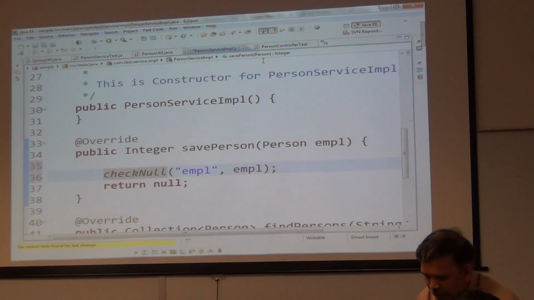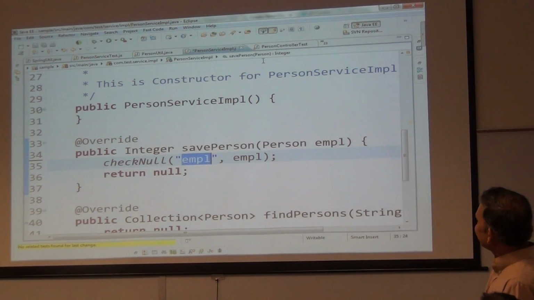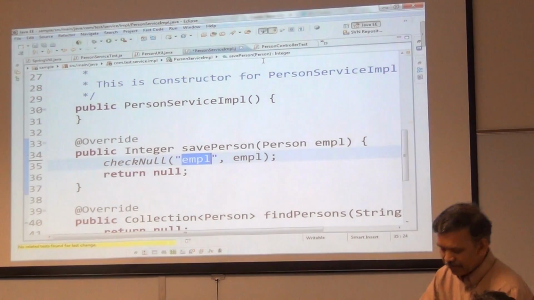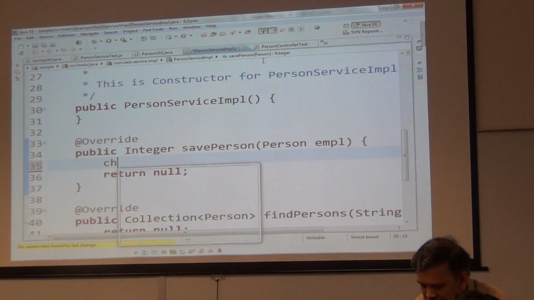So the way to use it will be, you pass the value and also pass it as a string in quotation, right? So that method was great, but the one problem is that you have to put it twice. Same thing, you have to put it twice. So that's why, again, if I replay, I just do check null here,